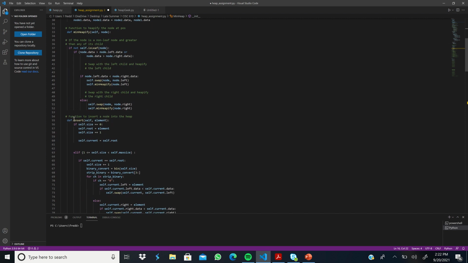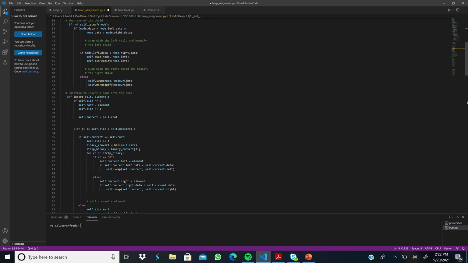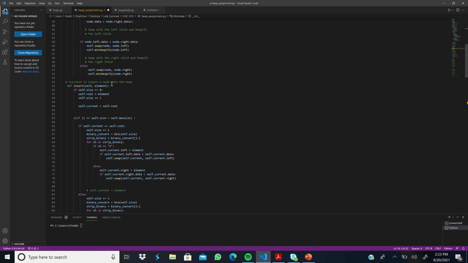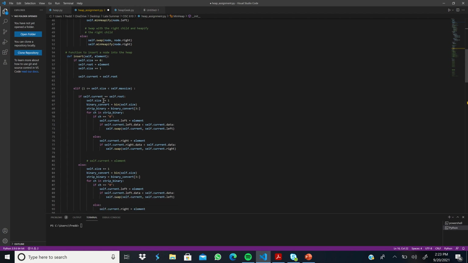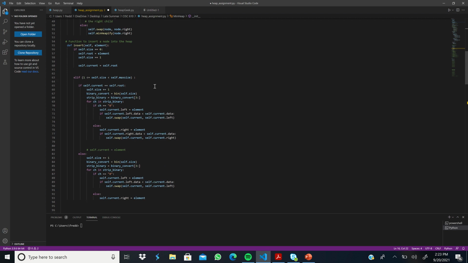That class has an insert method, or an add node element method. The first thing it does is check if the size of the heap is 0. So if the heap is empty, then the element that we enter will be the root. Then the size of the heap will be increased by 1. Otherwise, it will